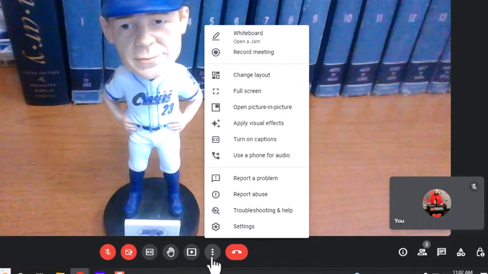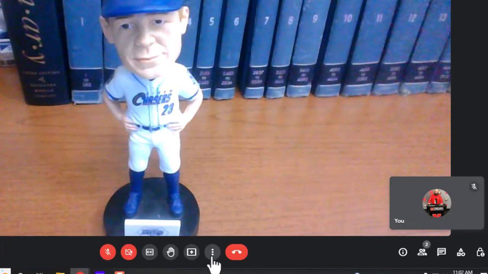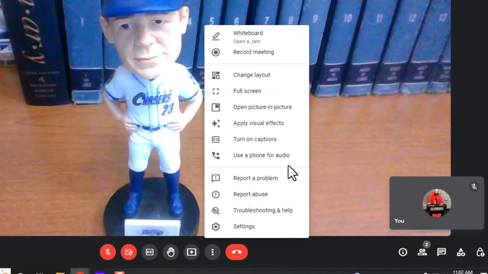There's not a ton under these three dots that really apply to conferences. Maybe change layout. If you don't like the way things are looking, you can change that for yourself. Again, that's more of a personal preference. The rest of the things here you aren't going to necessarily need during